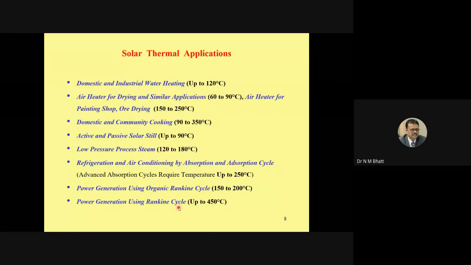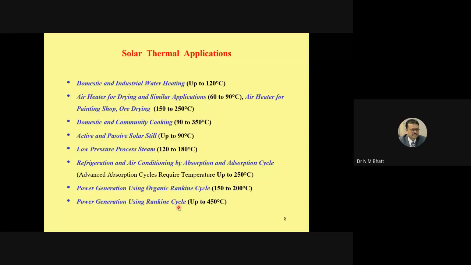Now, these are some of the applications. During your MTech or PhD work, you can target one of the applications, and accordingly you can develop your own solar collector, which is a novel and efficient one. So the first application is